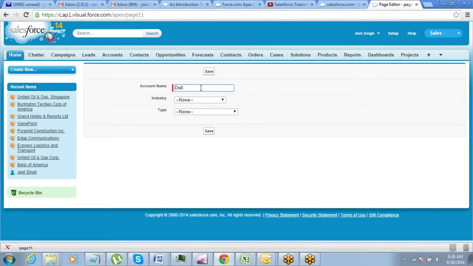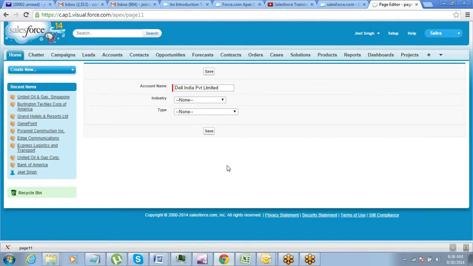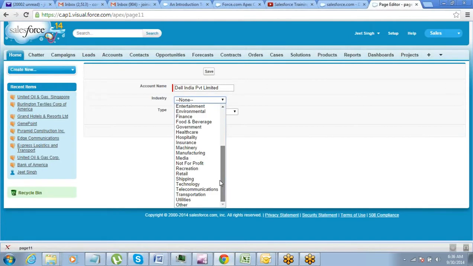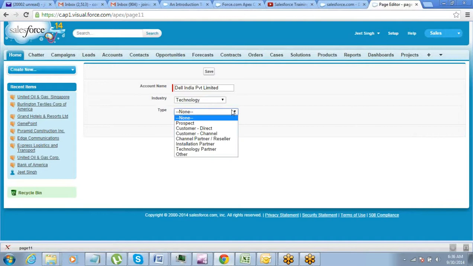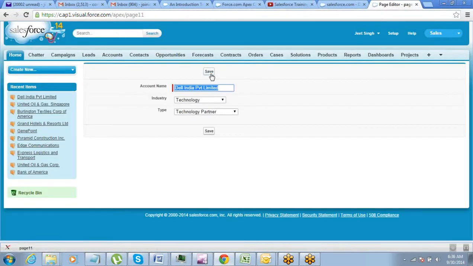Now I enter my value there. Then we put a type, and then we click on save. So the save will bring me to the same page and it will save the record as well. Click on save. The page loads, comes back to the same page, right? But the record has been saved.